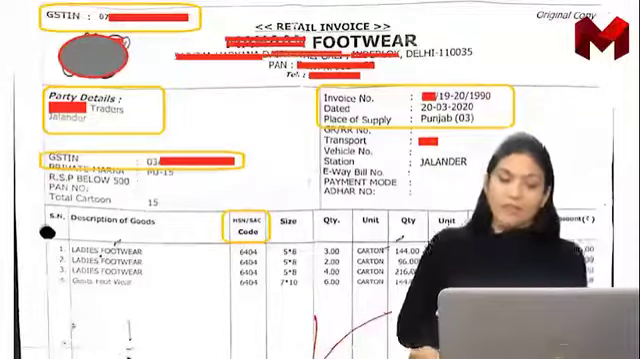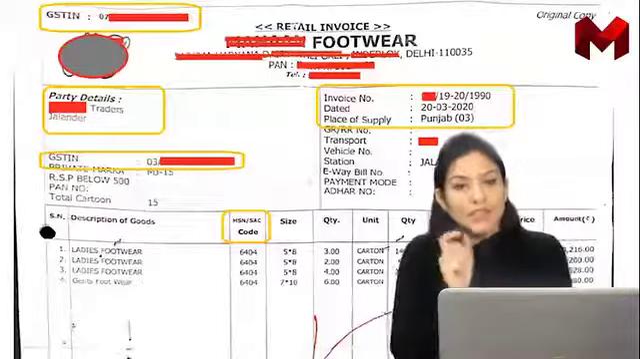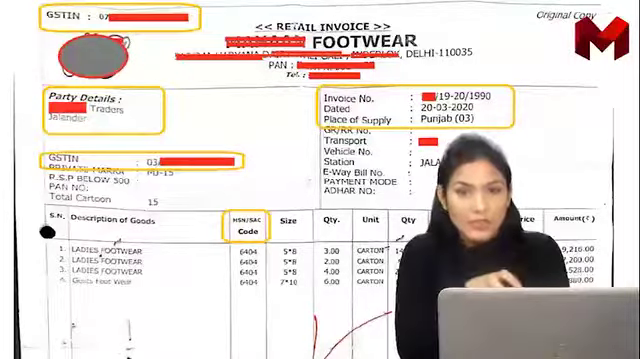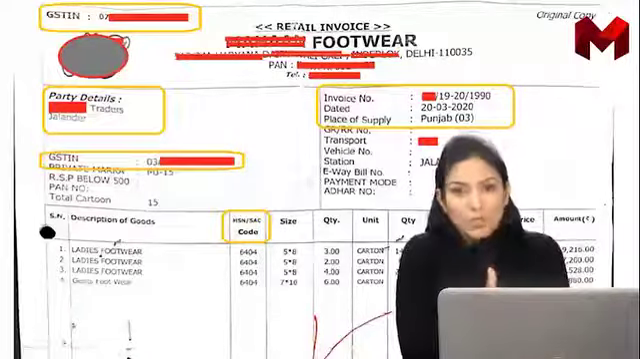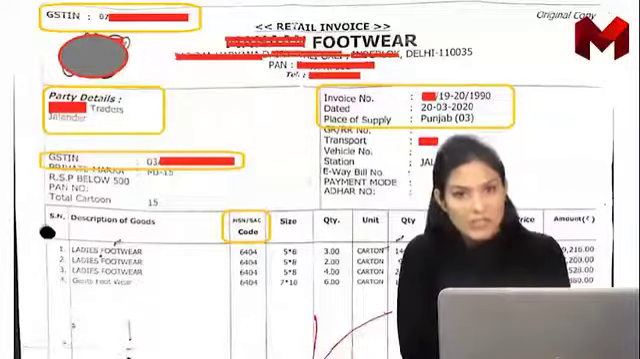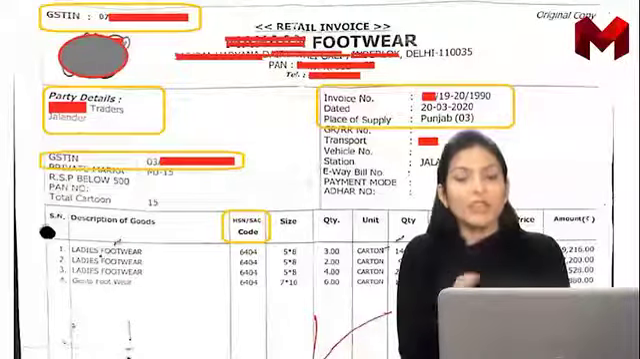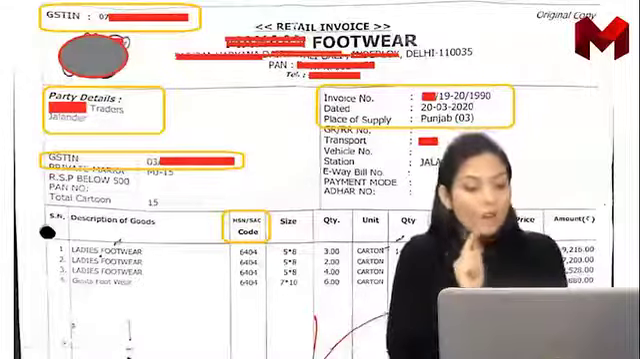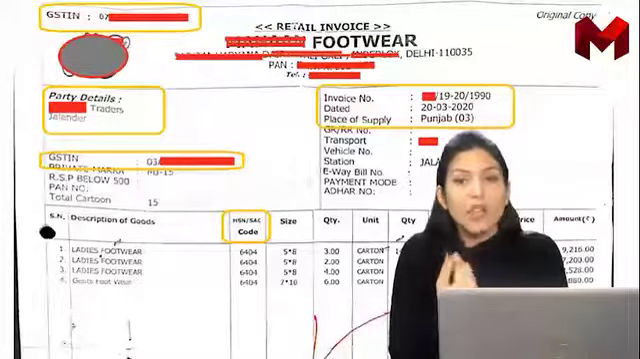Then the HSN code is mentioned here. As we know, the HSN code is mandatory to be written on the bills. Till today, the HSN code will be 2 digits in case your turnover is from 1.5 CR to 5 CR. If more than 5 CR is your turnover, then you need to write a 4 digit HSN code. That means the footwear supplier has written the 4 digit HSN code 6404, which means his turnover is beyond 5 CR,